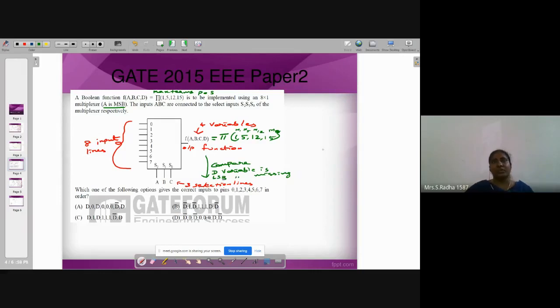So in that case, what we will do, if you take ABCD and start writing the min terms 0, 1, 2, 3 like that, or max terms like this. 5, 6. And in max terms, 0 means normal form, 1 means complement form. You know that. So here 0 should come. I am writing all this in max terms.